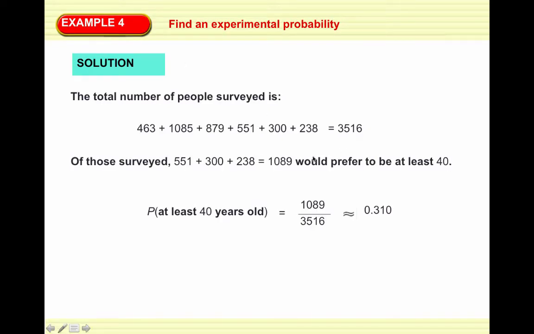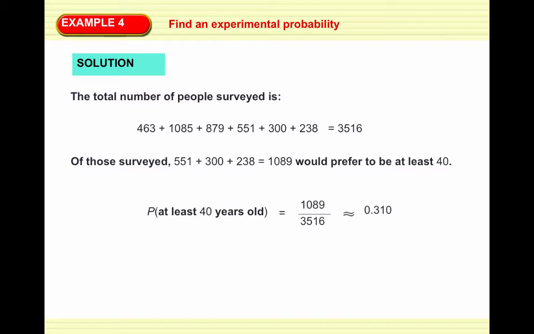And we get 1,089 who prefer to be at least 40. So the probability that a randomly selected adult wants to be at least 40 years old from that survey is 1,089 over 3,516, which is about